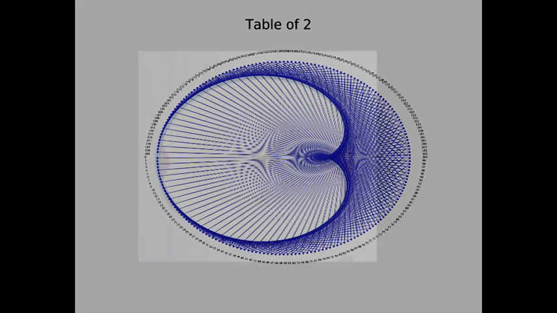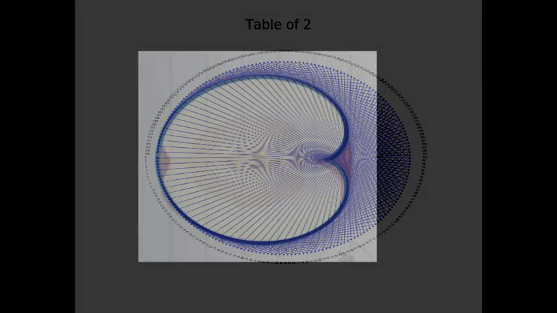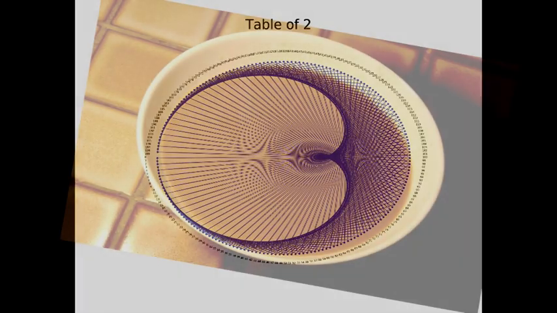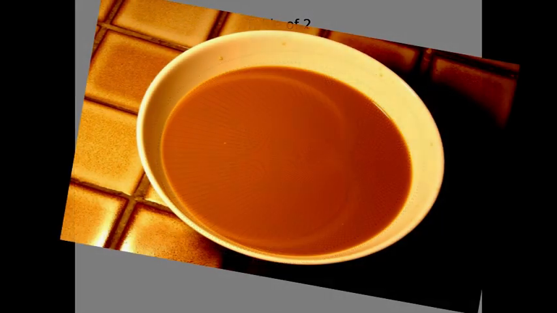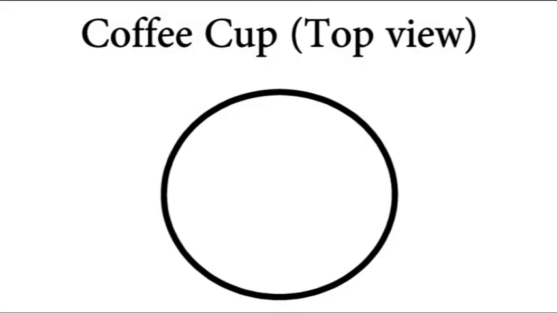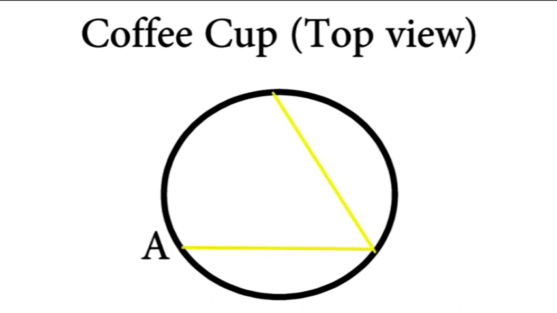So this shape is called a cardioid in mathematics, and it's basically the cross section of a half-cut apple. And it is the same shape that we see in our coffee cups. But how does this relate with coffee cups? We generally drink coffee in circular cups, and when light enters the cup from one point, let's say A, it bounces around the cup following its reflection property, that the angle of incidence should be equal to the angle of reflection.